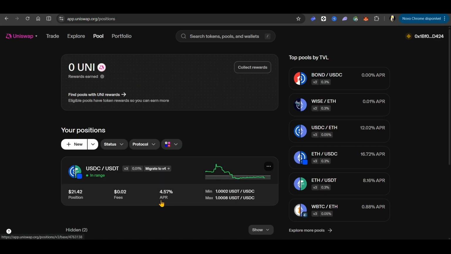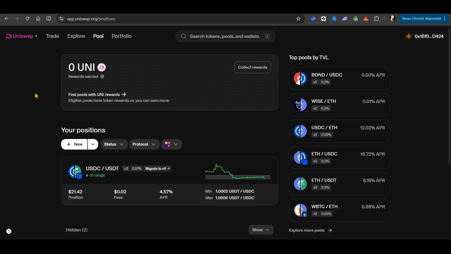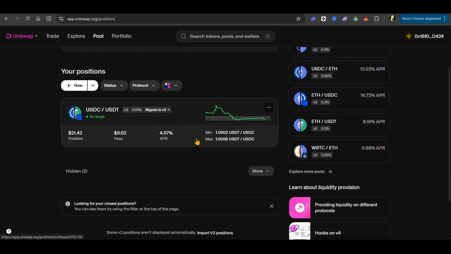In any case, it's getting an APR here of 4.5%. So if we'd be looking at APY, it would be higher than this because APR does not factor in compounding. So 4.5% APR, and here on EtherFi we have 4.6. So it's pretty much toe to toe, but the thing is that here with the LP, if you tighten up,